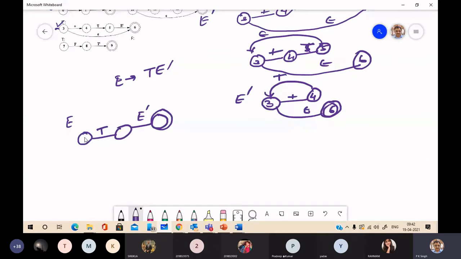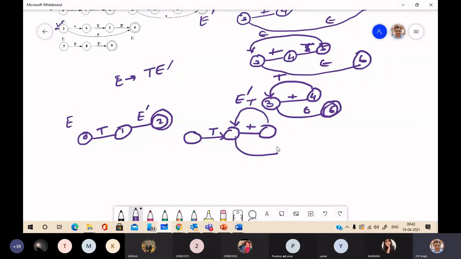So you will get 0, 1, T. E dash means plus, here you have T, and from here you have epsilon to 6.